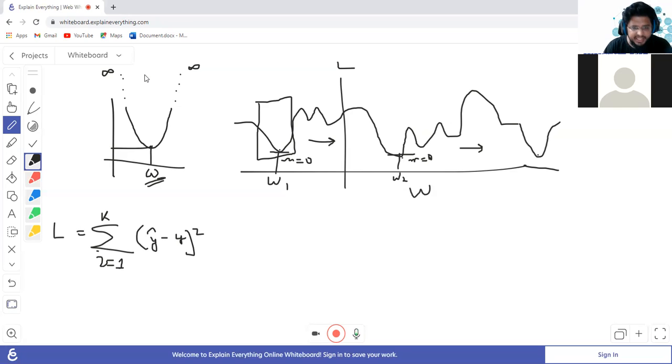So these are called critical points. A maxima and a minima, all of these are called critical points. Any point which has a slope of 0 is a critical point in a loss function. Okay. So critical points are points of interest. Either a critical point can be a maxima point or it can be a minima point. How do we know whether it is a maxima point or whether it is a minima point?